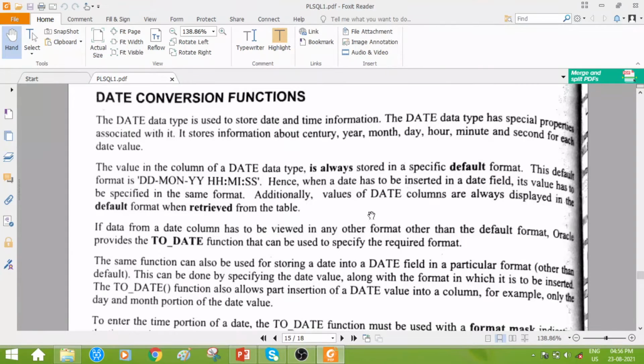Okay, now we shall discuss many other functions with date conversion. The date data type we all are familiar with, and there are situations where we need to store date information, like for example the employee joining date in a company. Then date of birth information for a student or an employee. So there are many cases where we will be storing certain date information.